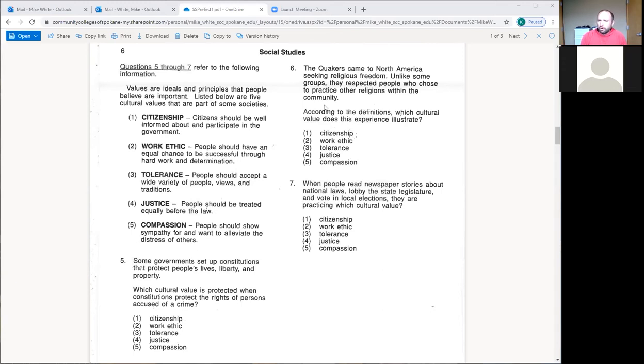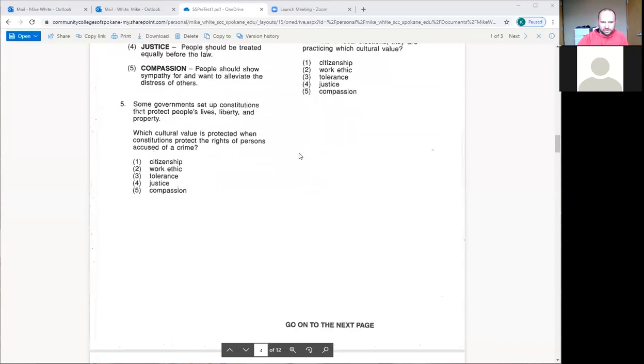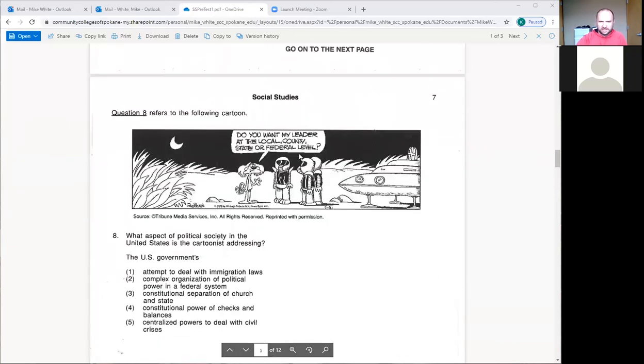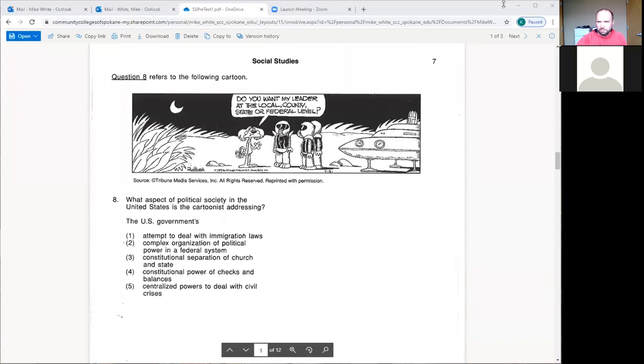So these are more straightforward questions. You might see something, I would expect harder questions than these. These are on the easier side, but there's an example of some civics and government related questions that you might see on the test. Okay, so let me move on. Let's look at the next one. And if you can't see any of this or hear clearly, please let me know. And I will do my very best to try to improve.